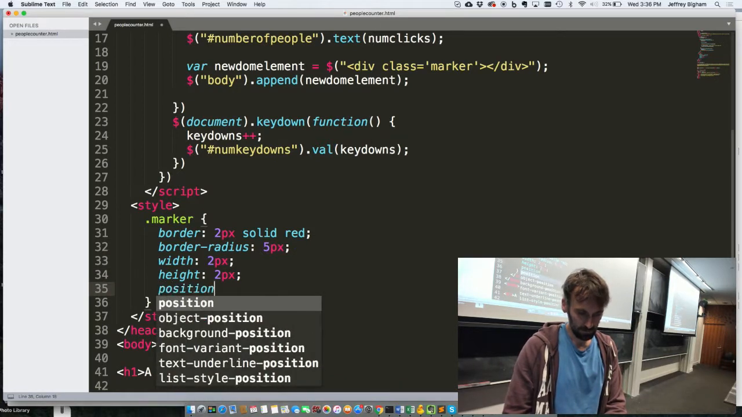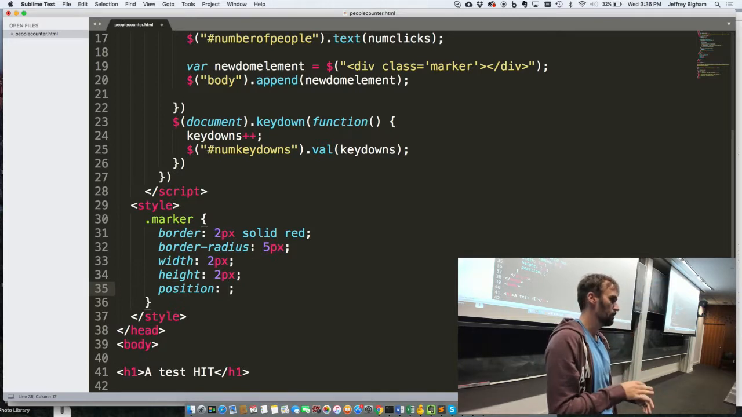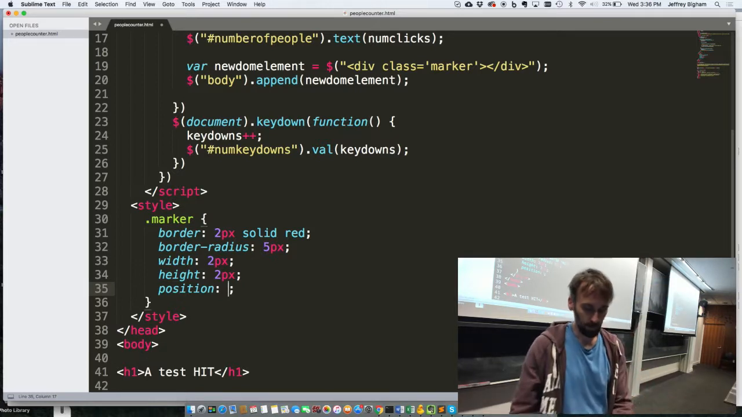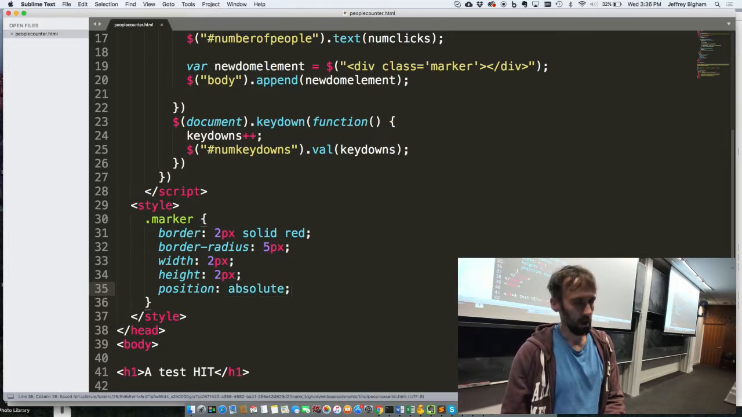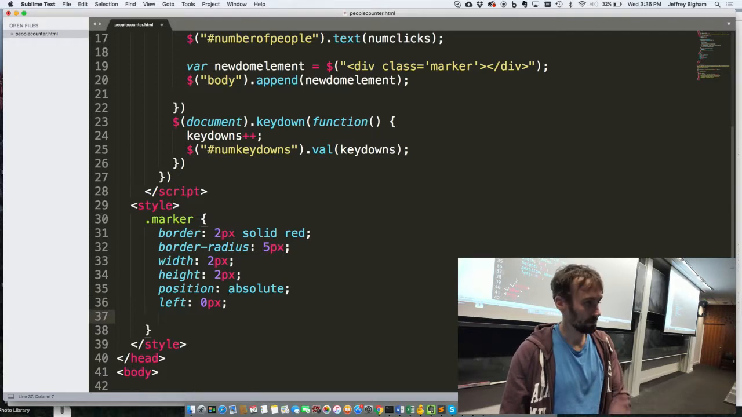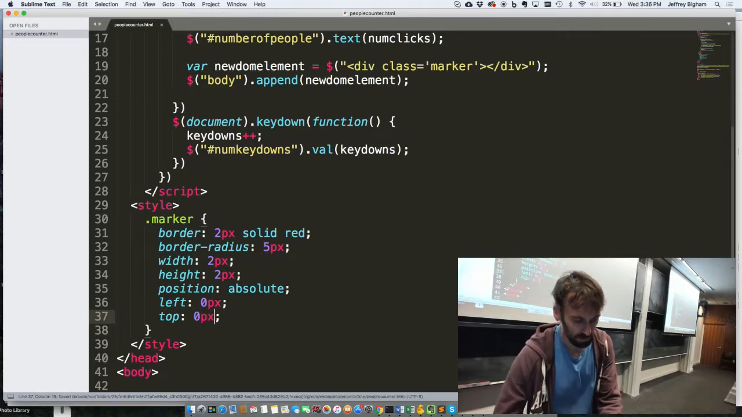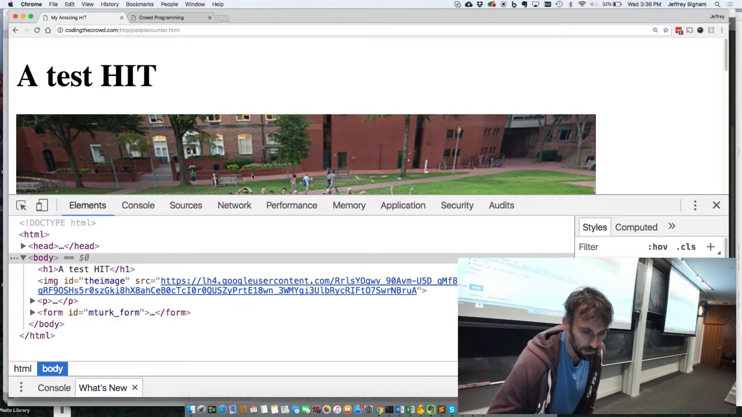So first we're going to position, say that the type of positioning for this thing, it shouldn't just flow in the normal DOM order, which is just at the end. We're going to tell it to position this absolutely, which just means that we're going to provide a pixel location for this thing. And so we'll start by just saying it'll be 0 pixels from the left and 0 pixels from the top, which will mean if we do that correctly,